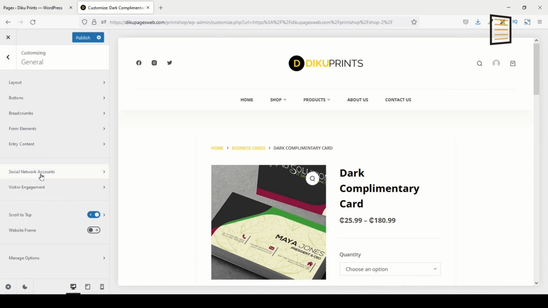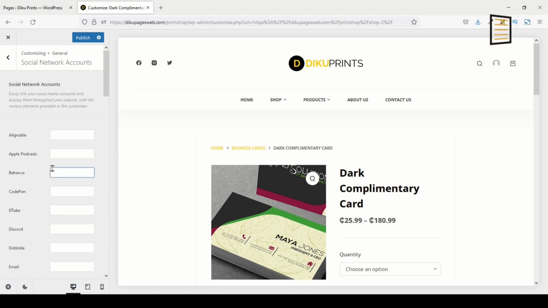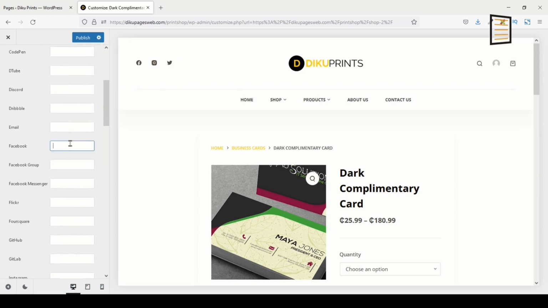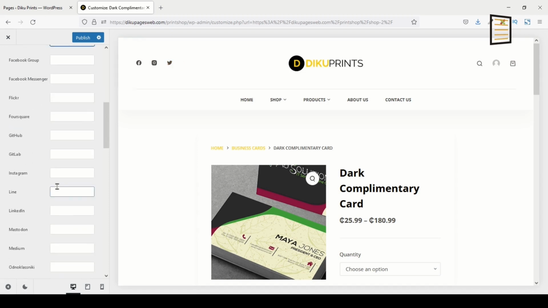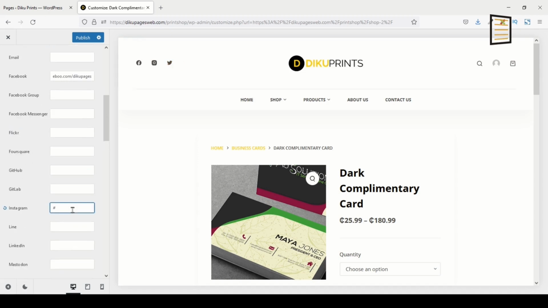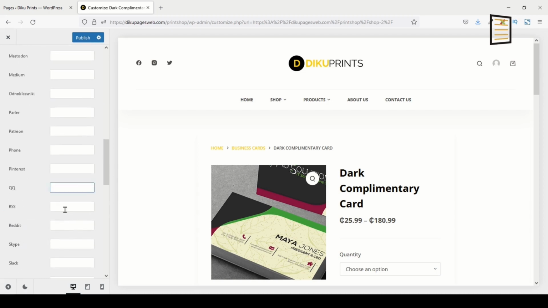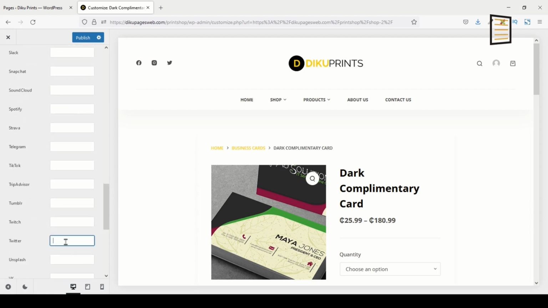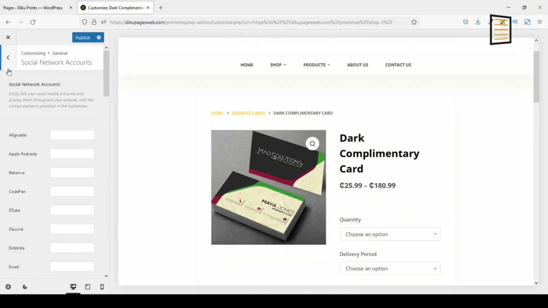So in here, I can also manage my social accounts. That is under general. So I click on social network accounts. So I now search for the field for these particular social icons. The first one is Facebook. So I have Facebook in here. I just go ahead and enter the link of my Facebook page. And I'll do the same thing for Instagram and Twitter. So I have Instagram in here. I'll just enter hashtag to speed up the tutorial. And then Twitter is here. I enter hashtag. Alright, so I go back,